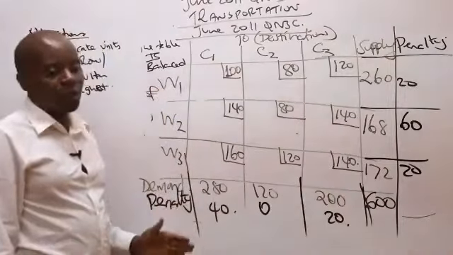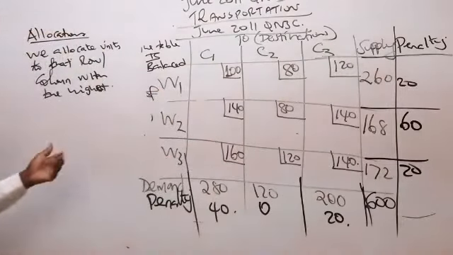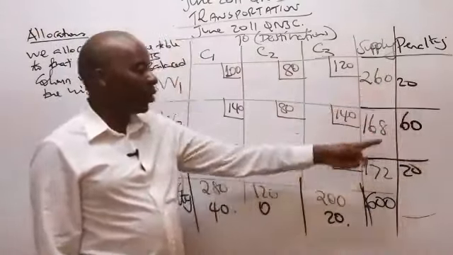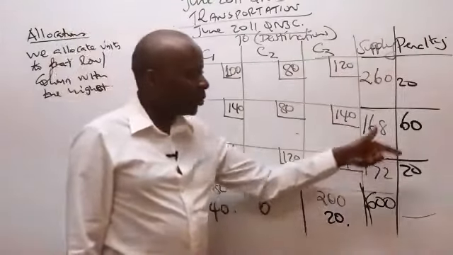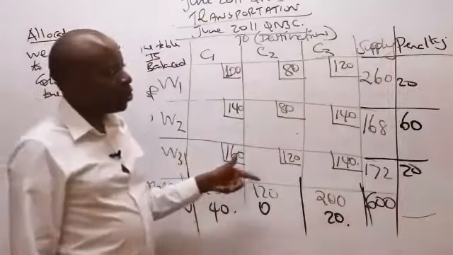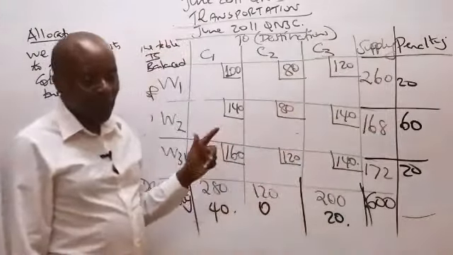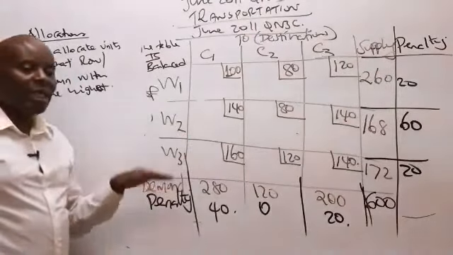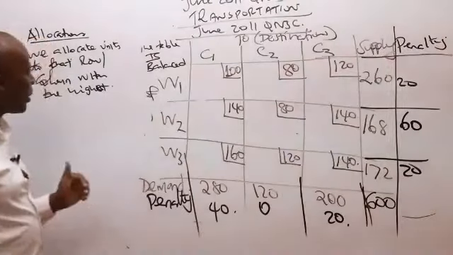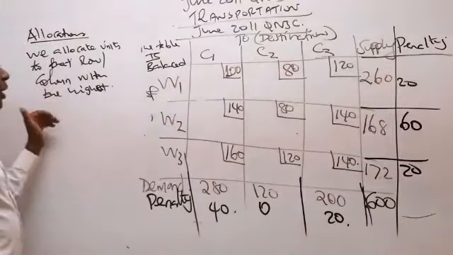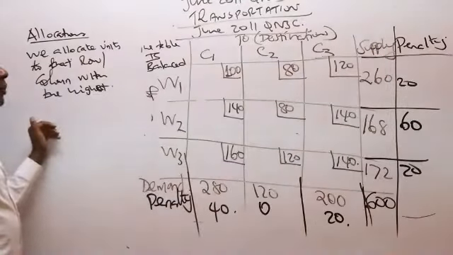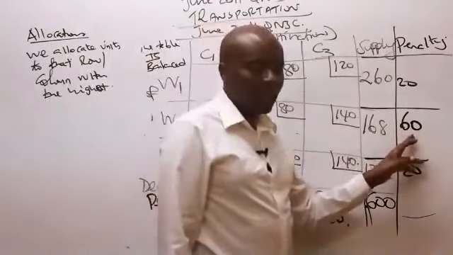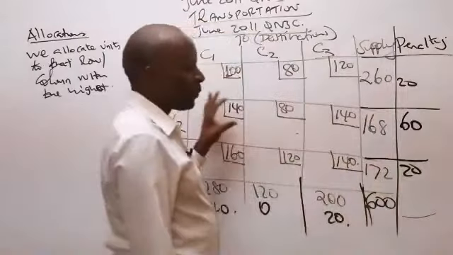of our allocation. And the highest penalty in this particular case happens to be which one here, somebody? The highest penalty happens to be what here? 60, amongst the six. Amongst the 6 cells that we have here, 6 roots that we have here, 60 is the highest penalty. Is that okay? 60, 40, 0, 20, 20, 60, 20. So 60 is the highest penalty. And the rule tells us that always endeavor to allocate units to that row or a column with the highest penalty. So once we identify that this is our highest penalty, we shall follow this route, the whole of this